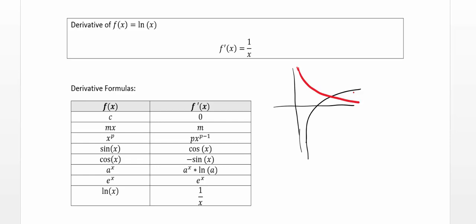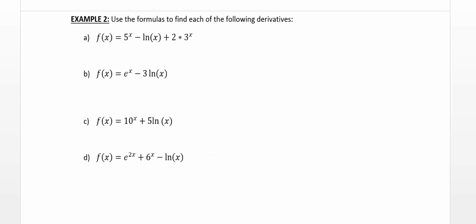So let's try some examples. Example 2. Use the formulas to find each of the following derivatives. For the first one here, we're going to be able to go term by term because again, the sum and difference rules also apply here. Going term by term, the first term is 5 to the x. We said with an exponential function, you get the same thing back times the natural log of the base. So the derivative of that first term is 5 to the x times the natural log of 5, minus